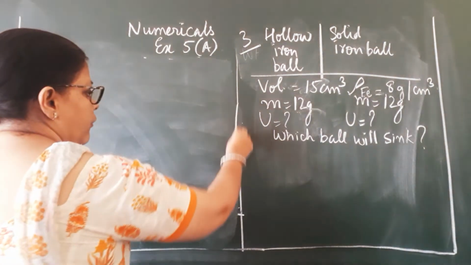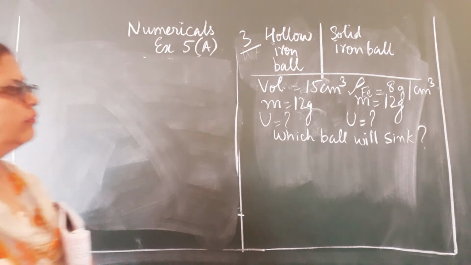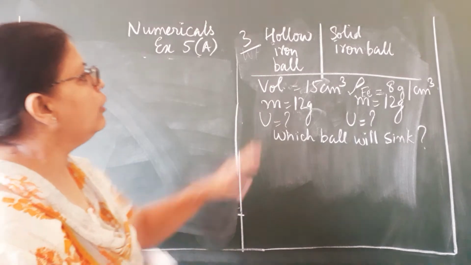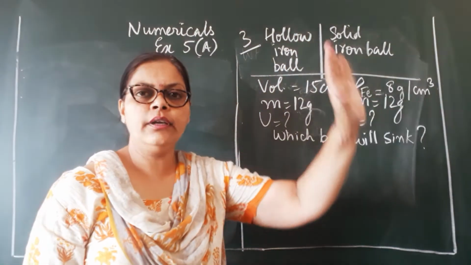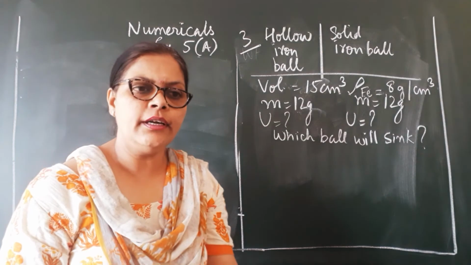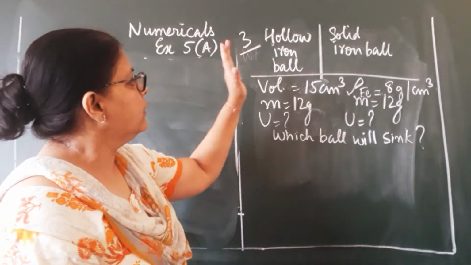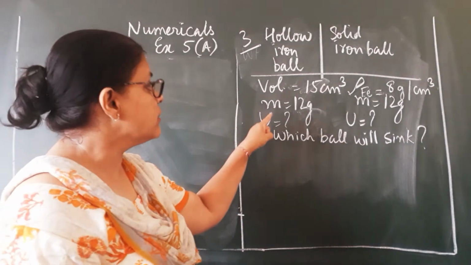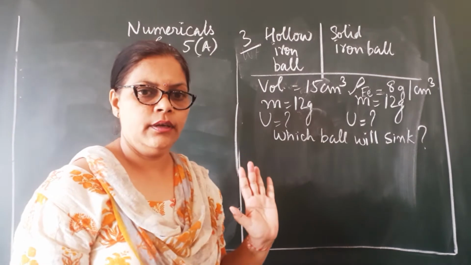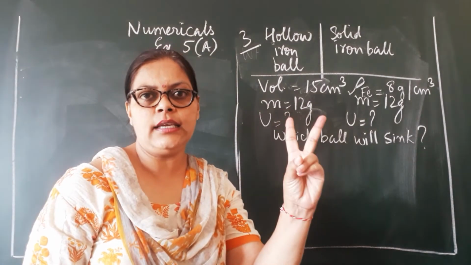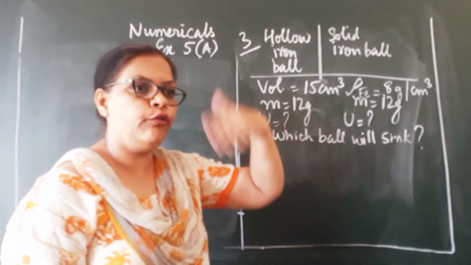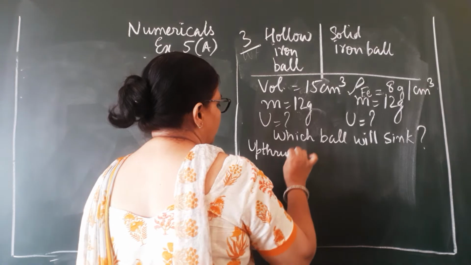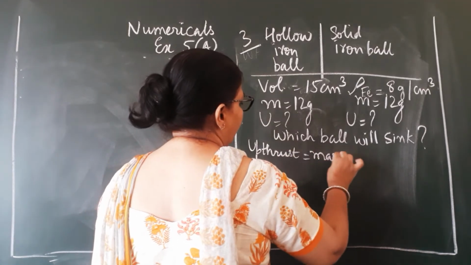Now look at the data very carefully. First of all, I would like to tell you one very, very important thing, which just listen to it very carefully. We all know that when a hollow body is put inside water, it is going to float. Okay, so in this case, when the body is only going to float because it's hollow, then the upthrust which is acting on the body is equal to the mass of the body. It is that law of flotation, the second case. When the body is hollow, it's going to float on the surface. Therefore, the upthrust over here will be equal to the mass of the ball.